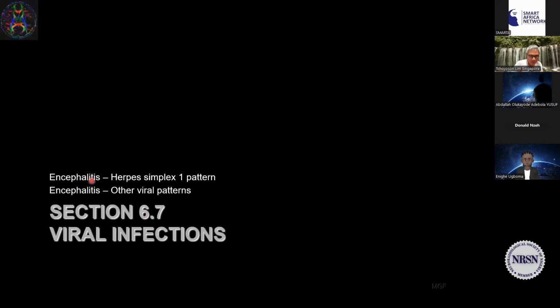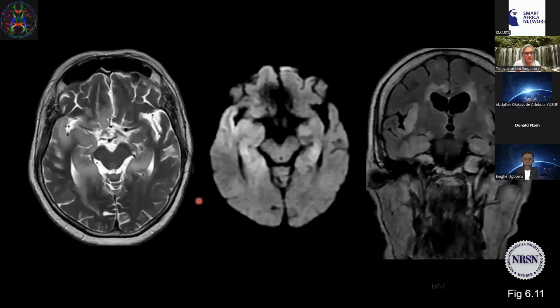Let's talk about encephalitis. Amongst the viral infections, herpes simplex type 1 has a classic example pattern that we should pay attention to. Other viral encephalitis patterns of involvement will also be explored. And here's the classic HSV type 1. In this condition,